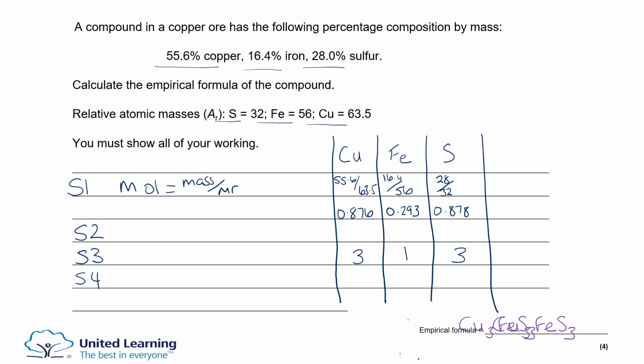And then finally, step 4, we factor this ratio into the formula. 3 times copper, 3 times copper